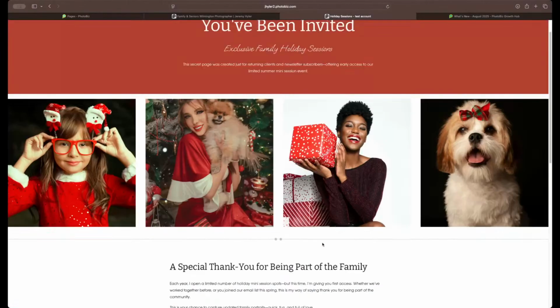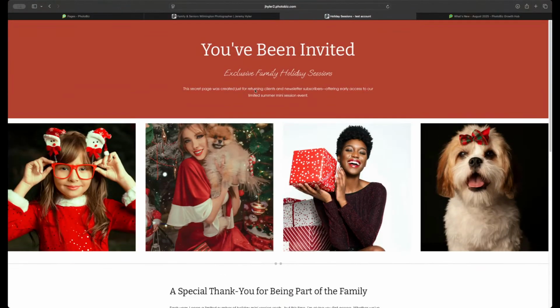We removed the footer and the header, so this becomes its own landing page. Now, why would you want to do something like this? Well, part of it is this can live as a social media post. This can live as an ad. So if you're driving people with ads, you can drive them here without the distraction of getting lost looking